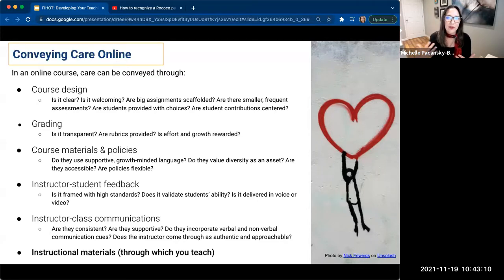What do those communications look like? Are they varied? Do they include opportunities for students to see you and hear you? The verbal and the nonverbal communications that, as we noted last time, are so important in culturally inclusive communications. Those from high context cultures really value how things are being said and who's saying them over what's being said. So if we leave that out, that can be problematic when we're teaching culturally diverse students.